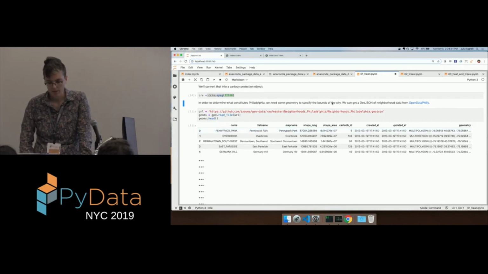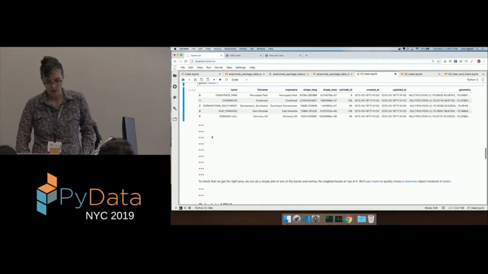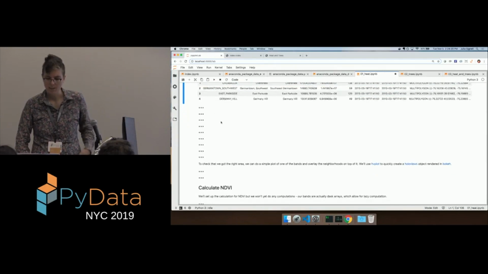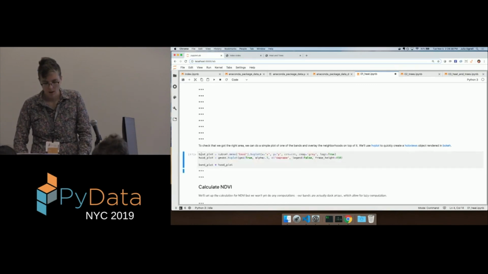So here's a GeoJSON that contains all the neighborhoods. We read it in using GeoPandas, and then we get the bounds, and I'm going to skip a couple steps. We get the bounds. We just take that chunk of the raster, and then we can create a plot of